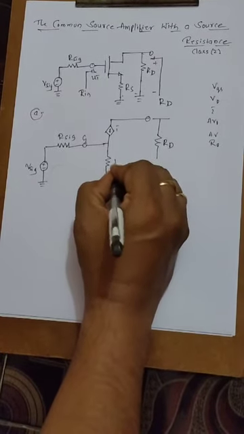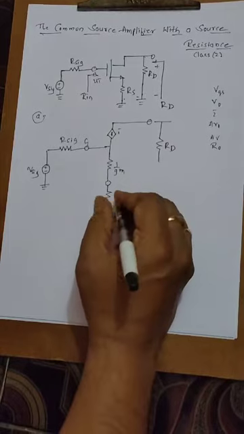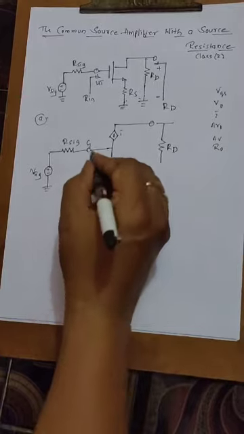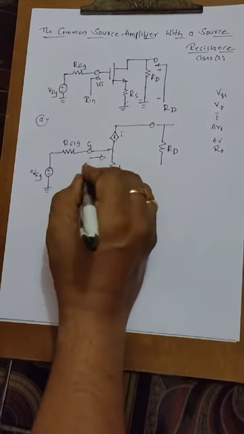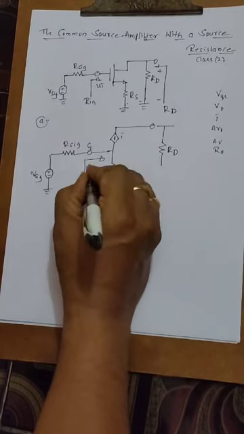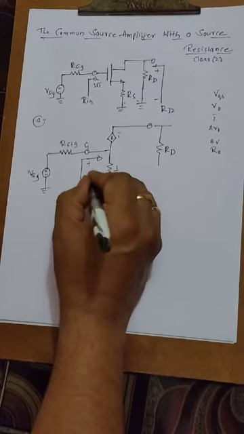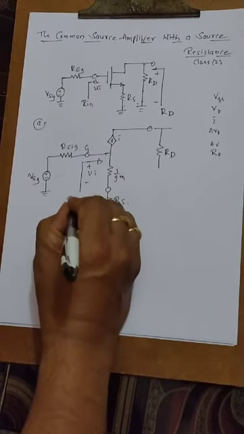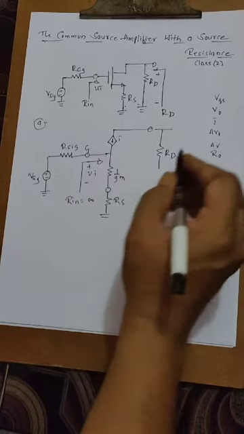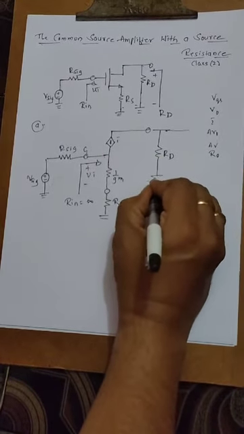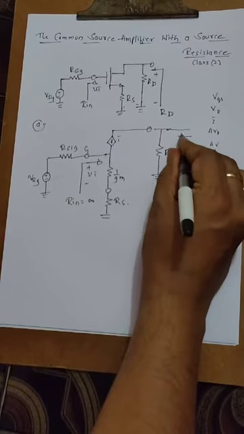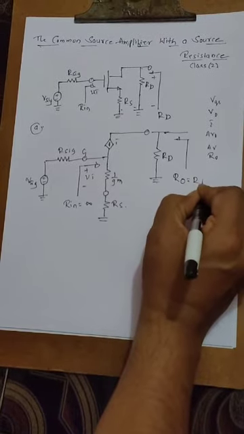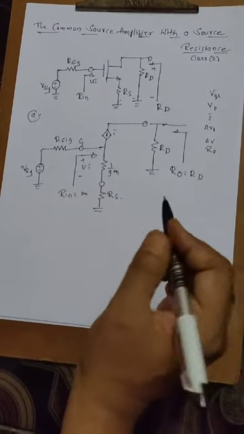And this is the resistance 1 by Gm in terms of transconductance, and this is our source resistance. We are going to find the different parameters of our common source amplifier with source resistance, with input equal to Vi, and assuming input resistance is equal to infinity, and once again we are going to find the output resistance.